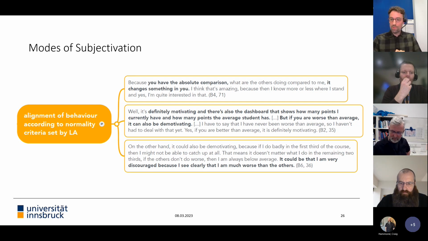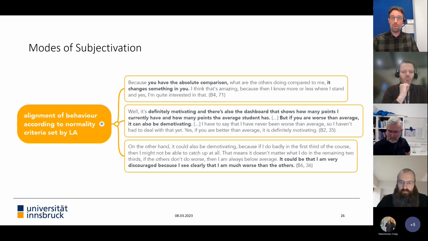One person, for example, says, because you have the absolute comparison, what are the others doing compared to me? And it changes something in you. I think that's amazing. Another student says, it's definitely motivating, and there's also the dashboard that shows you how many